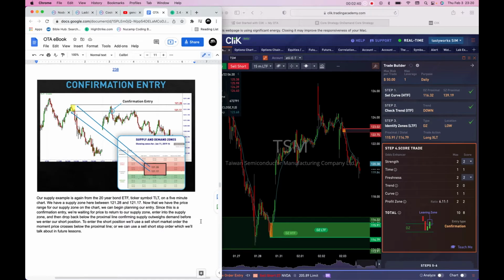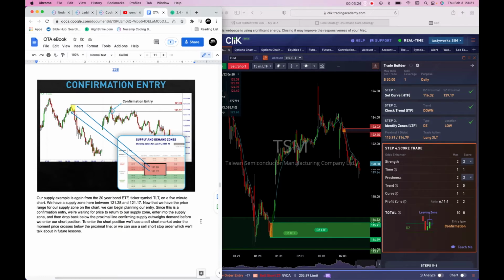Our supply example is again from the 20-year bond ETF, ticker symbol TLT, again on a 5-minute chart. We have a supply zone here between $121.28 and $121.17. And now that we have the price range for our supply zone on the chart, we can begin planning our entry. Since this is a confirmation entry, we're waiting for price to return to the supply zone, enter into the supply zone, and then drop back below the proximal line, confirming supply outweighs demand before we enter our short